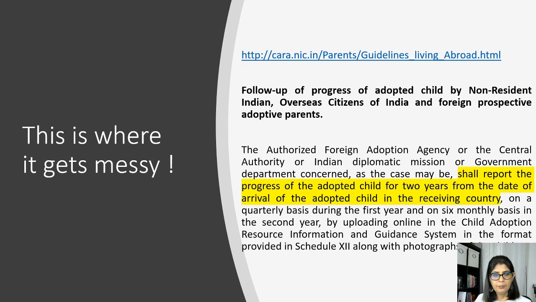the USA. This is where I think it also gets messy, because that's why all the AFAs say they won't work with you. The AFA has to, as I said before, not only work with you pre-adoption, but also post-adoption. Post-adoption, they have to send a progress report of the child for 2 years from the date of arrival of the adopted child in the receiving country. And because you will not be able to migrate the child to the US, the AFA is not able to complete the adoption process. They cannot send the adoption reports back to CARA, and they can lose their license over it, as I mentioned. So that's why AFAs, to start with, don't want to work with you.